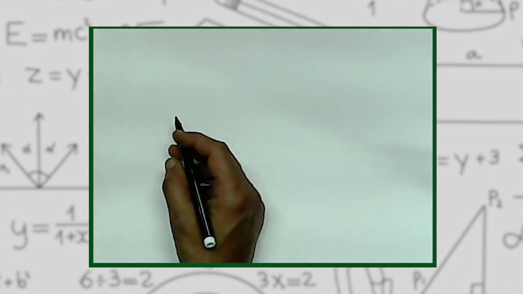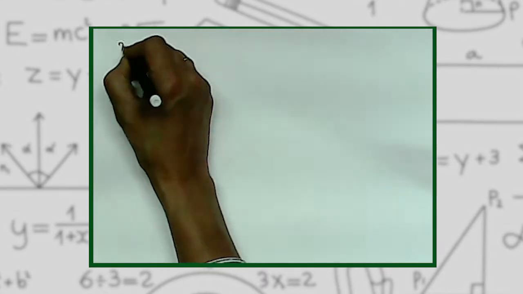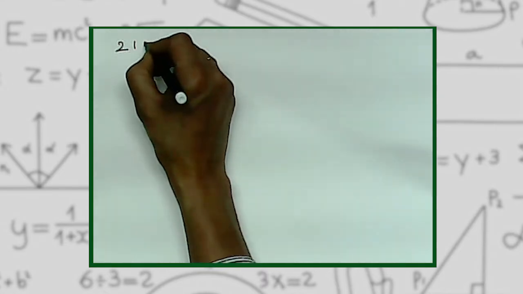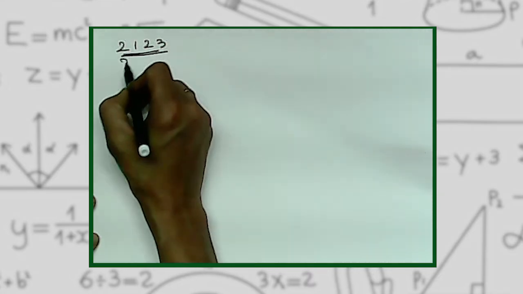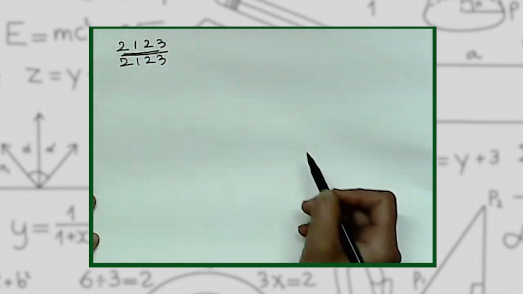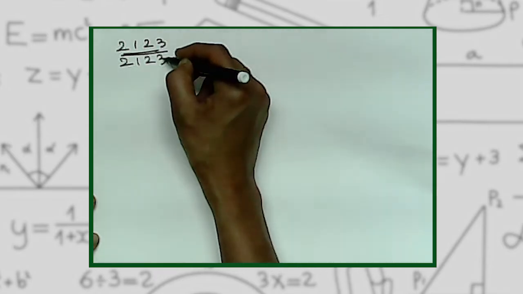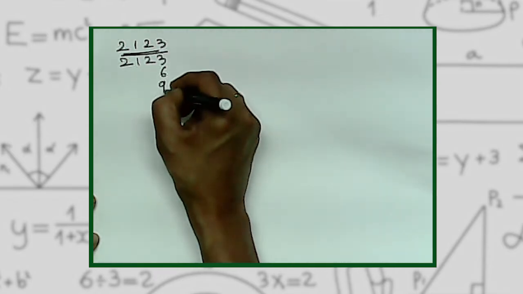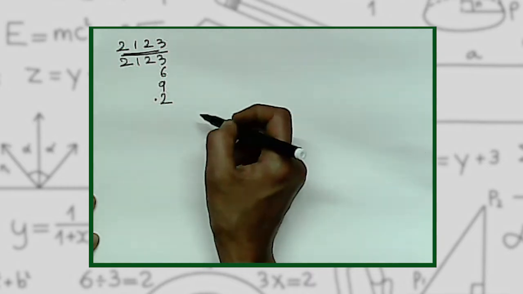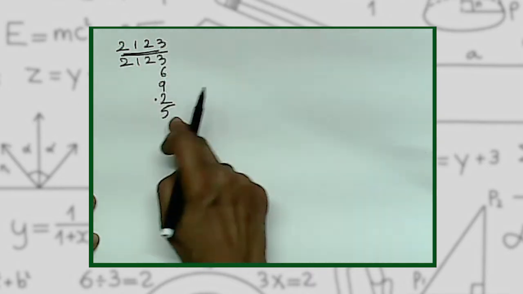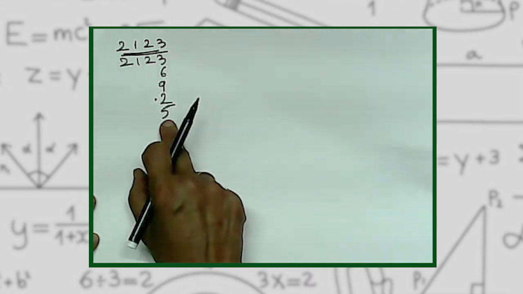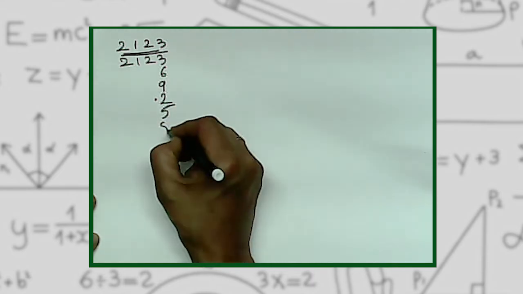Now table of 4 digit. Suppose I am taking 2123. Table of 2123. As usual, units place 3 plus 3, 6 plus 3, 9 plus 3, 12. So point 2. 3 plus 2, 5. As it is odd number, units place fifth place is 5. So we will have to calculate next numbers.